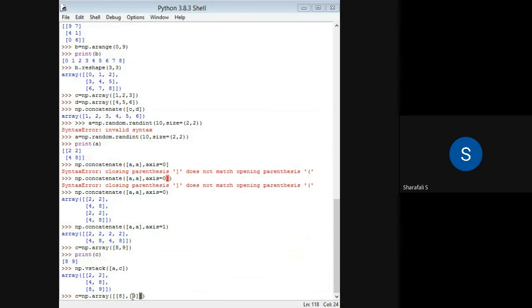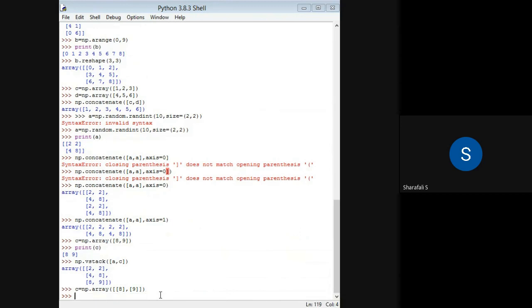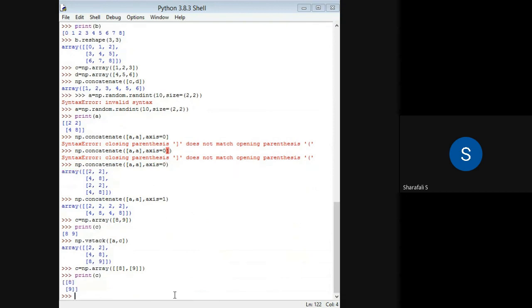We cannot stack a one-dimensional array with a two-dimensional array with that H stack option. So if you consider C like this and print it now, it will be like this. And if you want to do H stack, that is horizontally stacking with A, I have to give H stack.